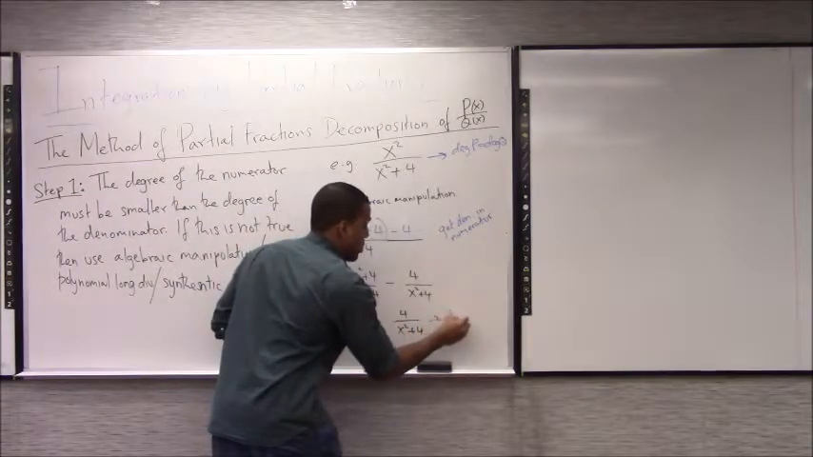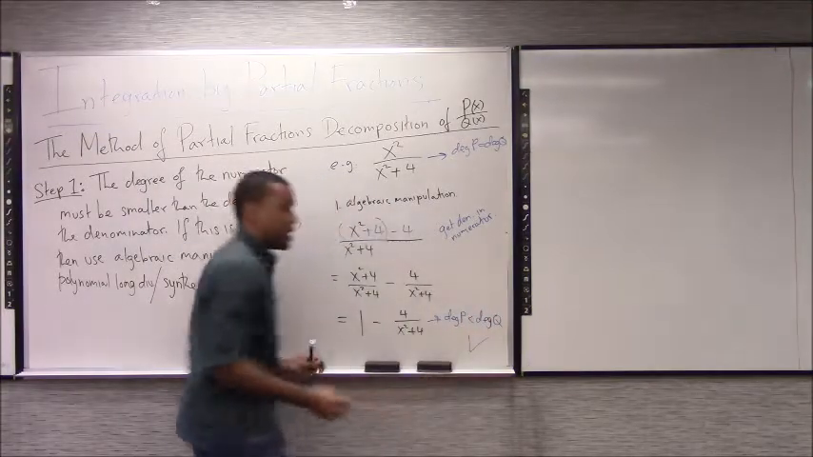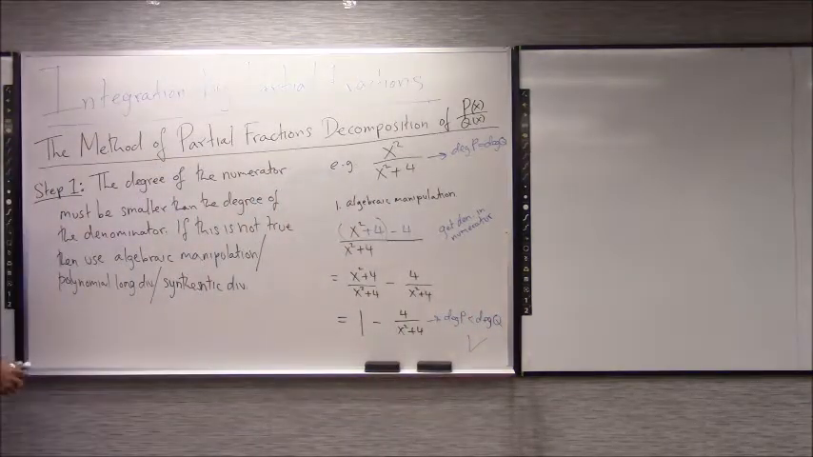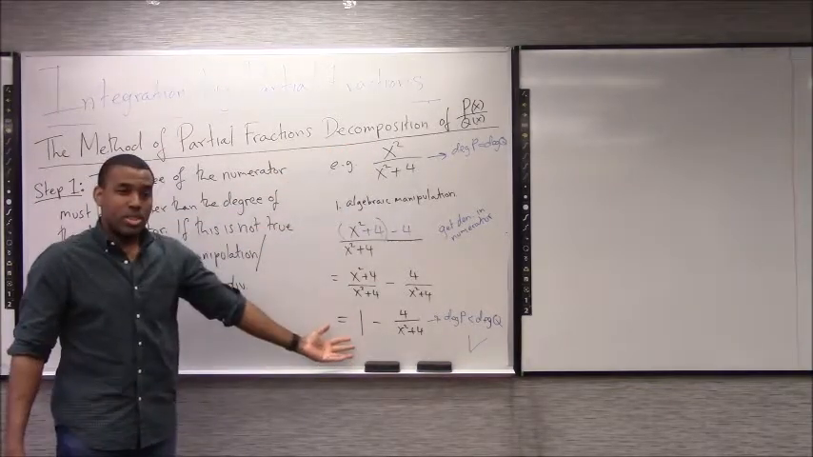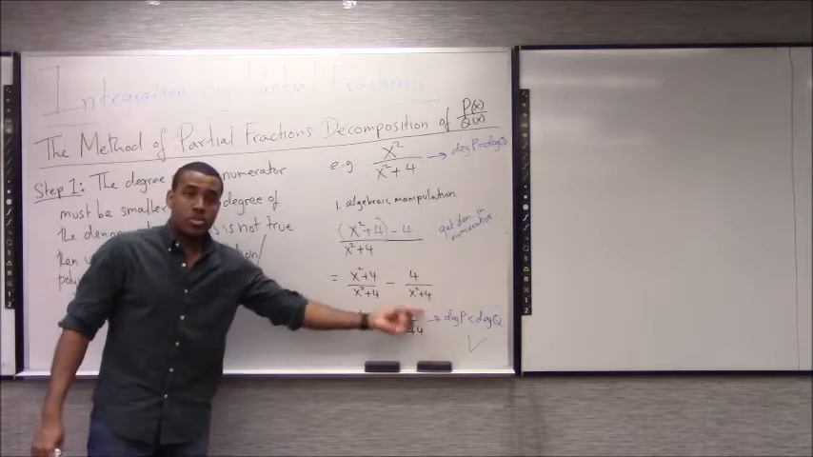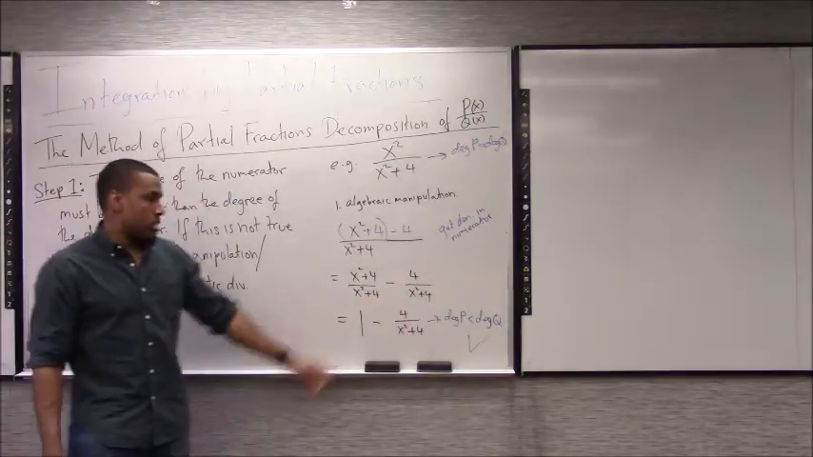So now the degree of p is smaller than the degree of q, and that's exactly what we want. Now, if the goal was to integrate something like this, we pretty much don't have to do anything else. This is in a nice form for an arctan substitution, right? So this guy would give you